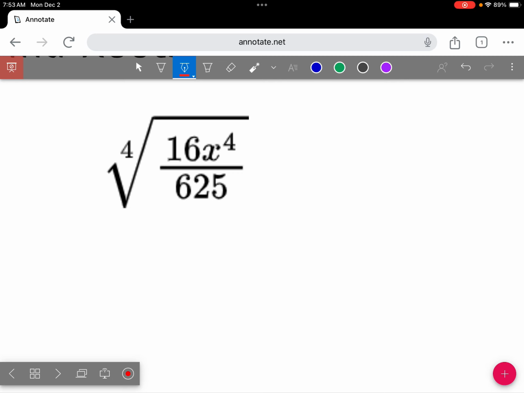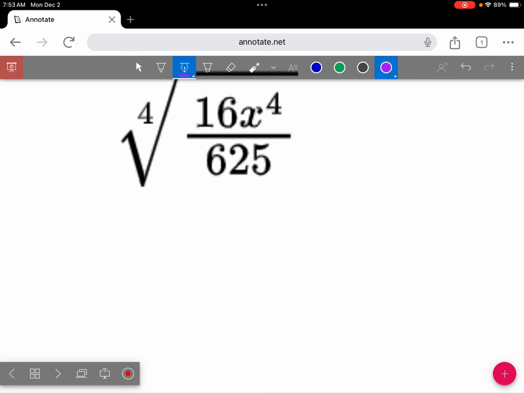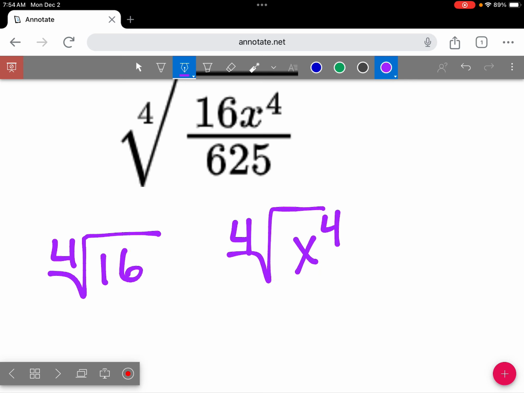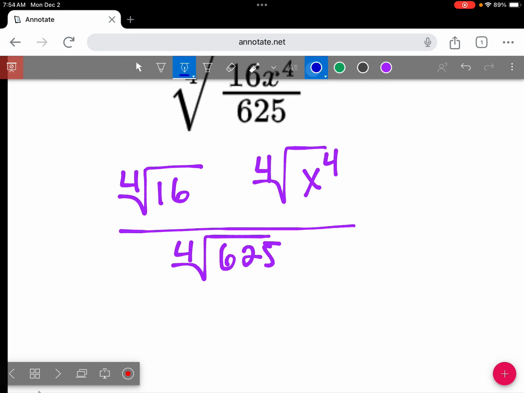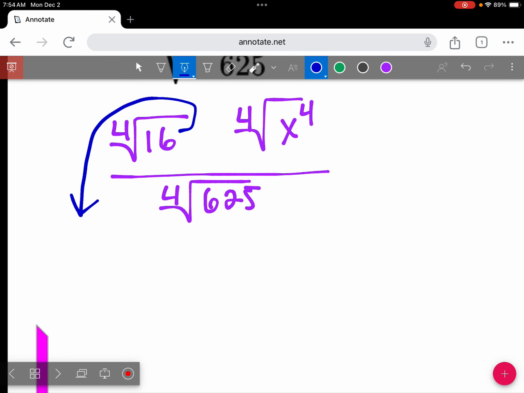You can use your calculator for these things, especially for the numbers. You could do the 4th root, or we can try and think of what number to the 4th power gives us 16 over 625. Or we could take this and make it the 4th root of 16 and the 4th root of x to the 4th over the 4th root of 625. And realize that 16 is a whole lot of even numbers. I could rewrite this as